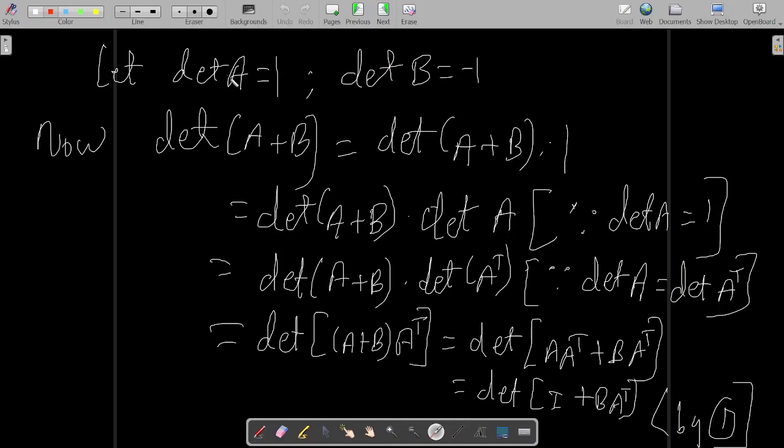You could have taken determinant of B equal to +1, this +1 and this -1. You could have taken this -1 and this +1 also, but the solution would be a little bit different then. But the situation is exactly the same, only in place of A there will be B, and in place of B there will be A in that case. And A and B are just arbitrary